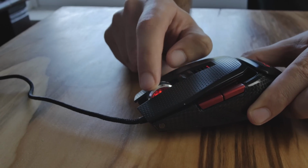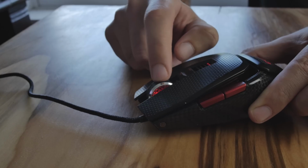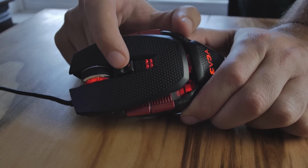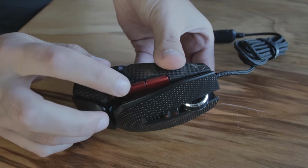All right, on the top here, you have, of course, your left and right click, and again, Omron switches there. Then you have your scroll wheel. It's got a decent scroll to it. Nice grip to it as well, so you're not going to be slipping around on this. There's a nice rubber grip on there, and it can be depressed for another button. Your DPI adjust is right there, and then on each side we have 2 additional buttons, and I found that